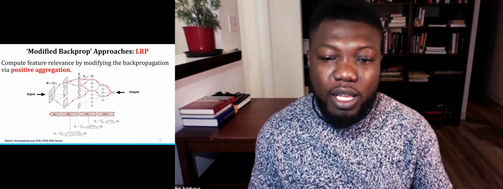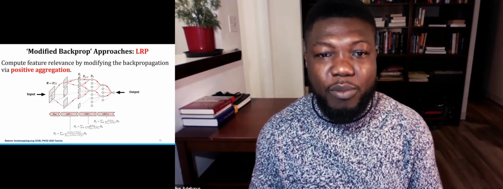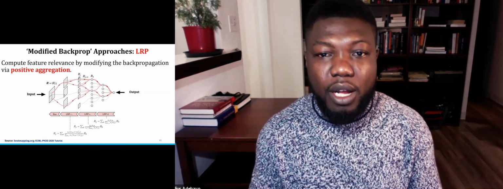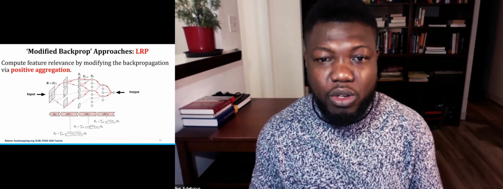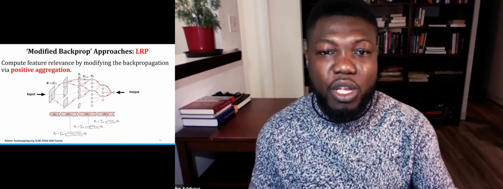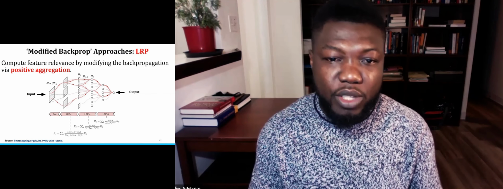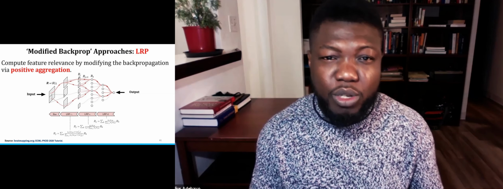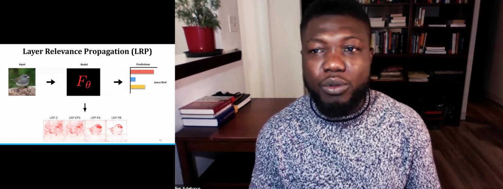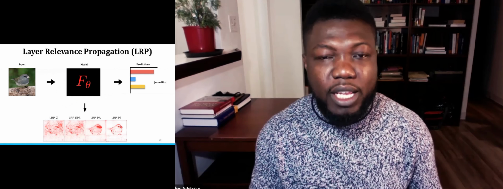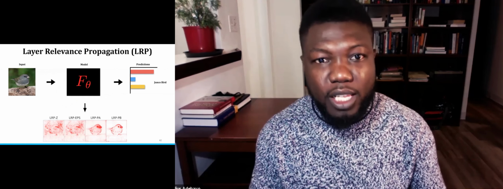So we also had a larger class of modified backpropagation approaches. This is known as layer-wise relevance propagation, in short LRP. These methods decompose the output iteratively layer by layer all the way to the input, and they do so with a variety of different rules, the epsilon rule, gamma rule, and other kinds of rules. And so if you visualize a bunch of these different rules, you see that they correspond to the saliency maps that we show here.